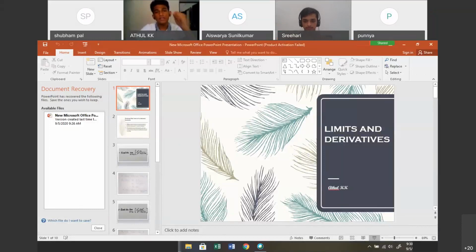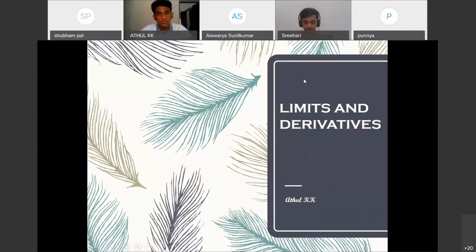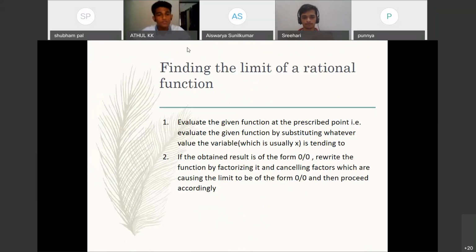The topic that I want to discuss with you today is how to find the limit of a rational function. Basically, there are two steps involved when we are finding the limit of a rational function. The first one being, we evaluate the given function at the prescribed point, which basically means we evaluate the given function by substituting whatever value the variable, which is usually x, is tending to. So if x is tending to 2, then we will substitute 2, and if x is tending to 1, then